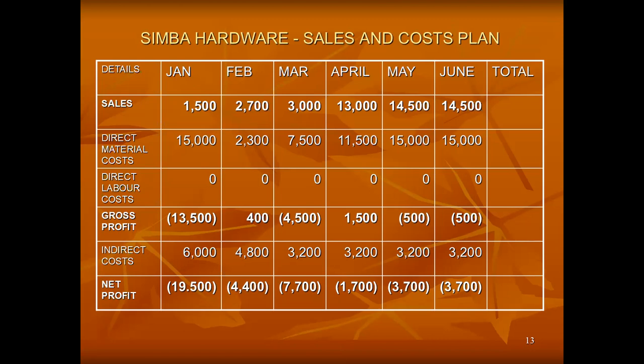All right. And his gross profit was in the negative, but reduced. It was 500, an improvement from the previous ones. Okay. So you can see that